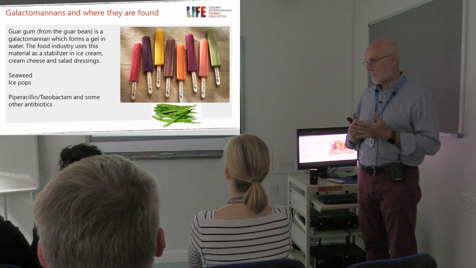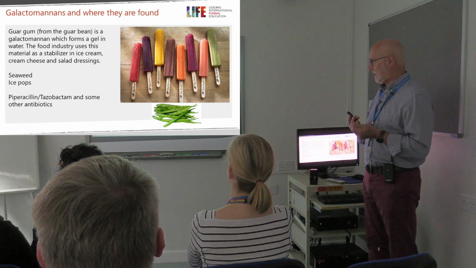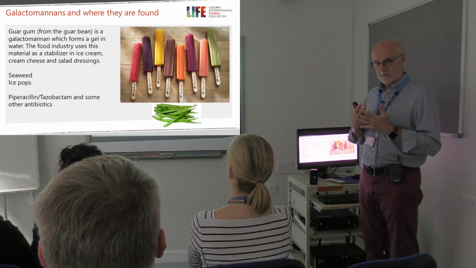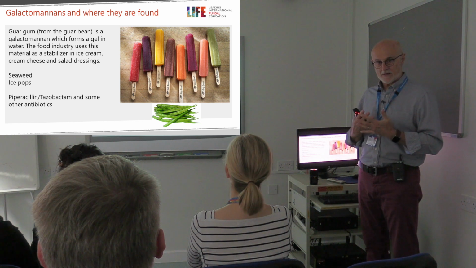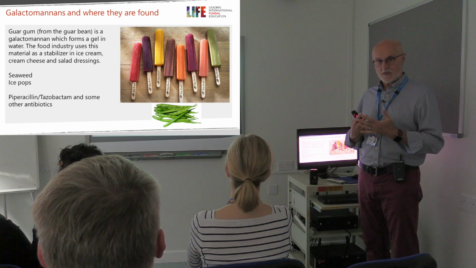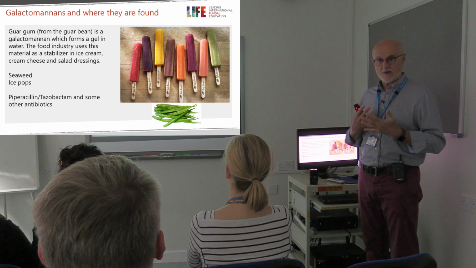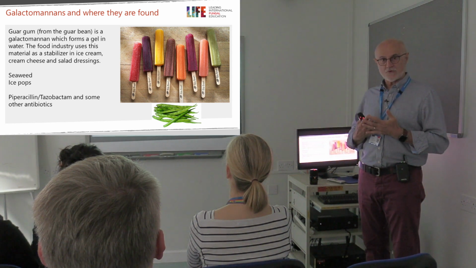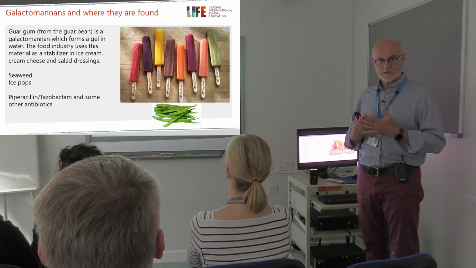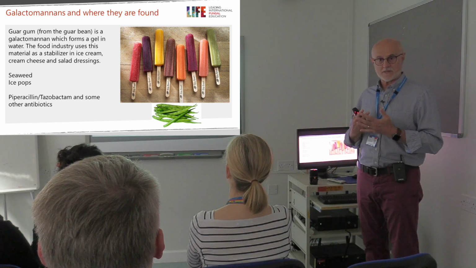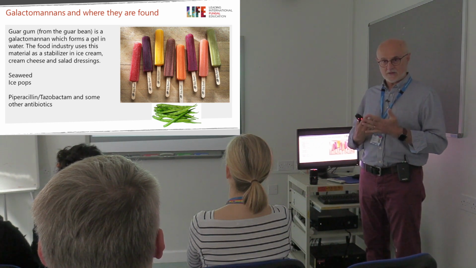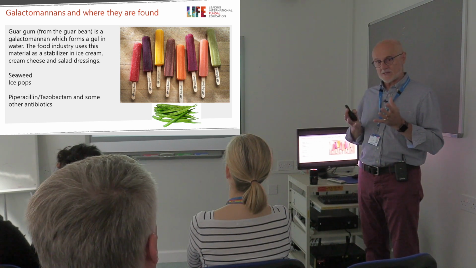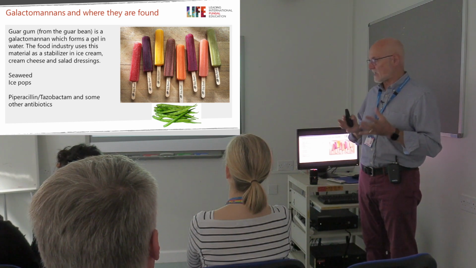A paper published a couple of years ago in the New England Journal of Medicine was an interesting case. A lady who had had a stem cell transplant, and then very suddenly her levels of Galactomannan rose through the roof. And of course it was immediately thought she had a very rapid onset infection caused by Aspergillus. So she was put onto the drug voriconazole, but very quickly somebody realised that she was eating probably 10 ice lollies a day. So it was the Galactomannan in the thickener of the ice pop, of the ice lolly, that was contributing to this false positive, to this Galactomannan signal in the ELISA test that's used to detect this particular